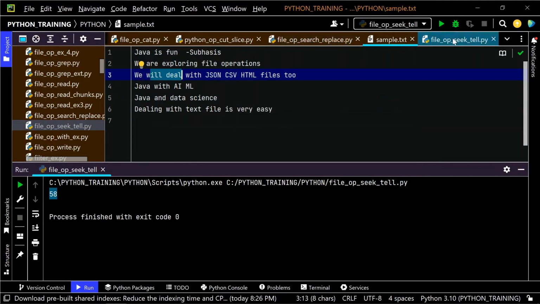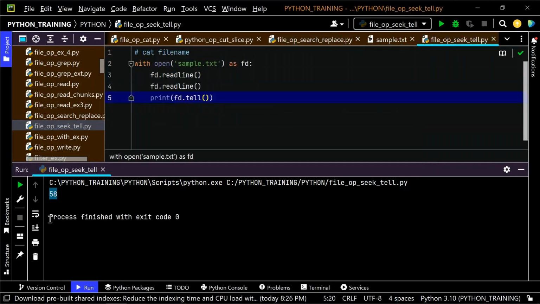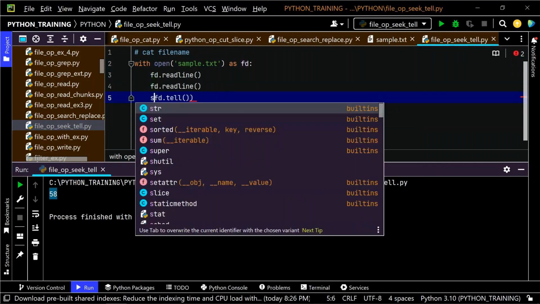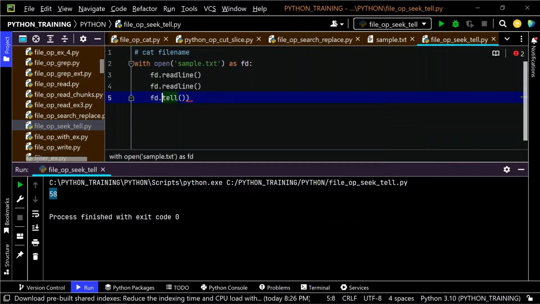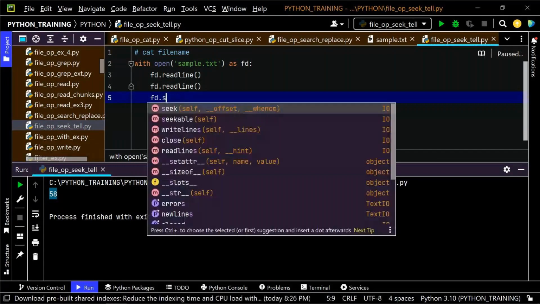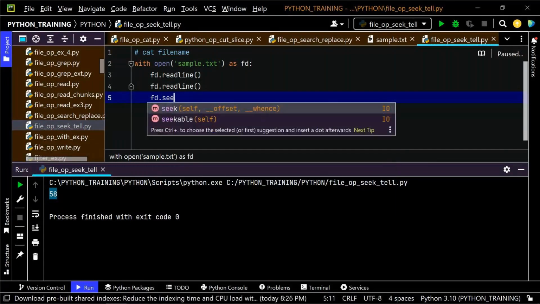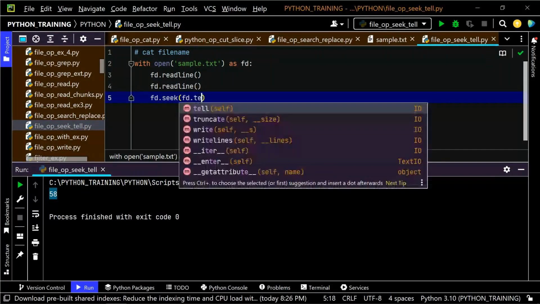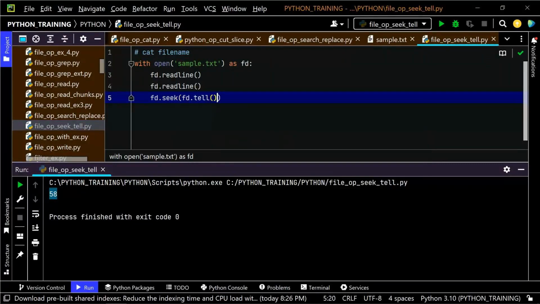So if my current position is 58, then I can tell seek. I'm just saying fd.seek. Something like this we can also use: fd.seek current position, then fd.tell. I think it is doable, 3 characters. Then print